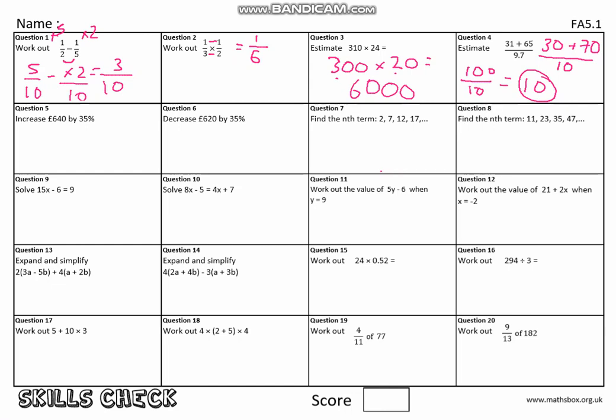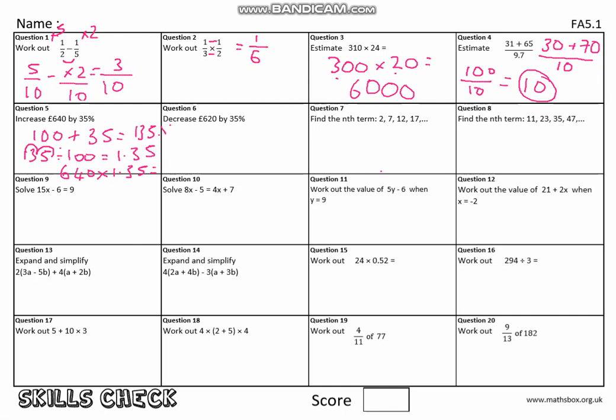So essentially, if I'm increasing by 35%, what I want to know is my 100%, which was 640, and then I want to add my 35%, okay? So really what I want to find is 135% of my £640, okay? Now to change the percentage into a decimal, I would divide by 100. So I'd do 135 divided by 100, so take it back 2, which equals 1.35. Then I could just times 640 by 1.35, and I would get exactly the same answer of